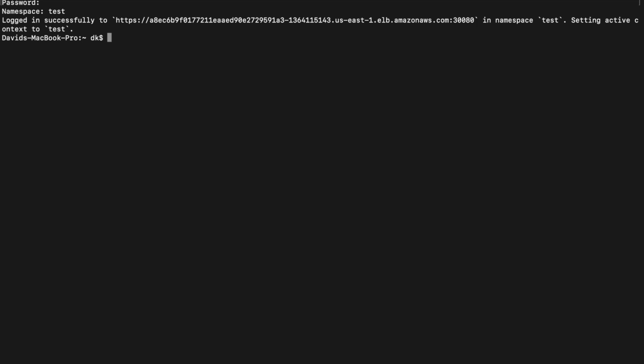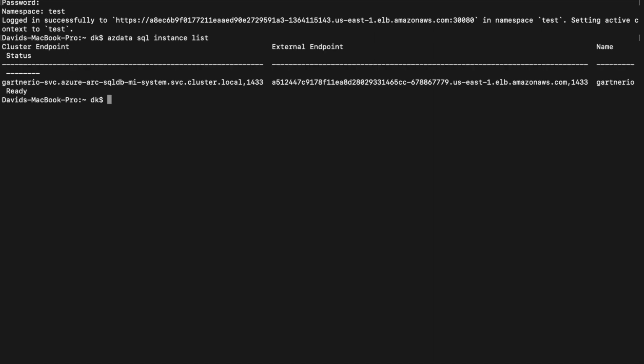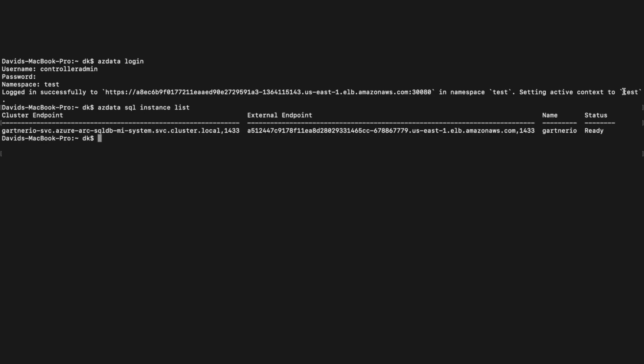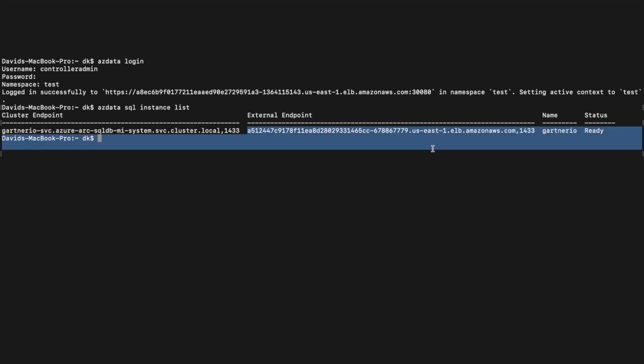In the terminal, I will use azdata login, which is basically logging into Azure Data Services. Now I can do azdata sql instance list. It will show me all the instances that are listed, and here you see the Gartner I/O. I can zoom in a little bit for you. So here you see the Gartner I/O, which is the resource we just published. I can take the endpoint information here,